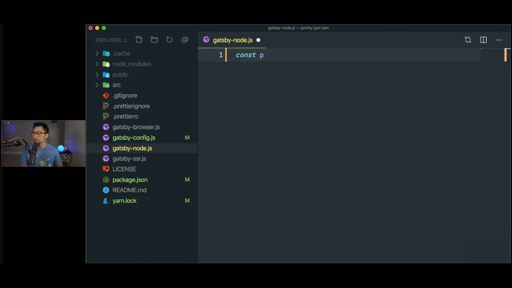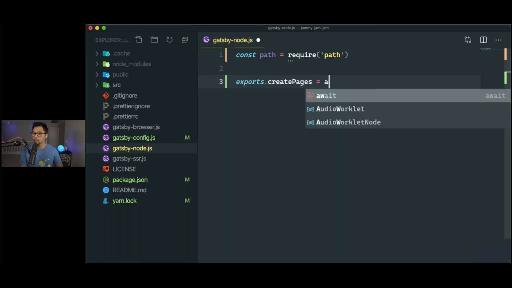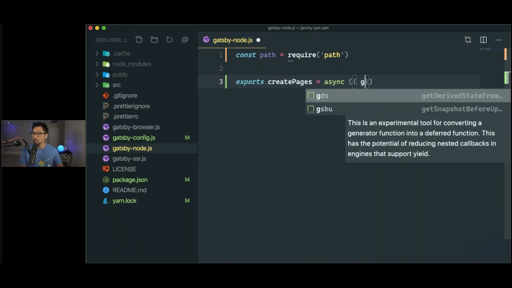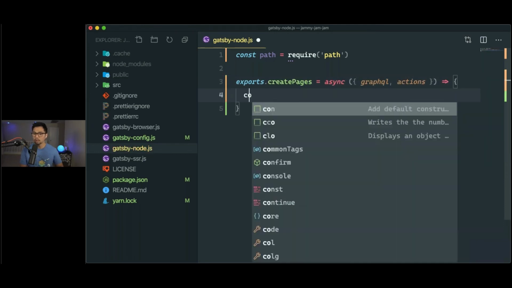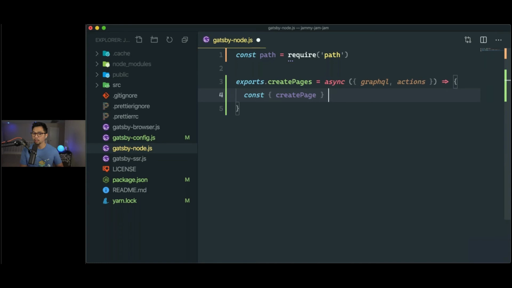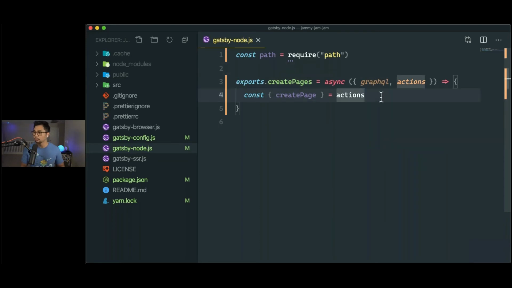So const path is equal to require path. exports.createPages is equal to async. And this is kind of the format that Gatsby tells you to use. const createPage equals actions. All right, so that's kind of the default setup for gatsby-node. This createPage function is going to tell Gatsby, hey, create an actual HTML file for what I'm about to give you. So const result is equal to await